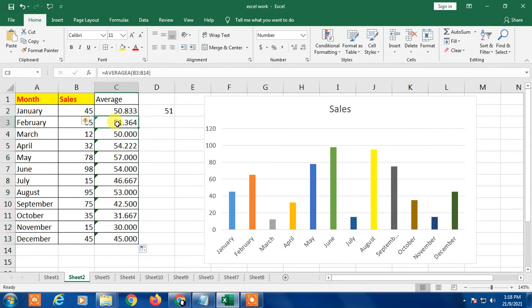Why did this happen? Because the formula shifted. You can see in the first row I have selected B2 to B13, and when you click on the second formula and press F2, you can see the first row has been shifted down, and because of this the number has been changed.